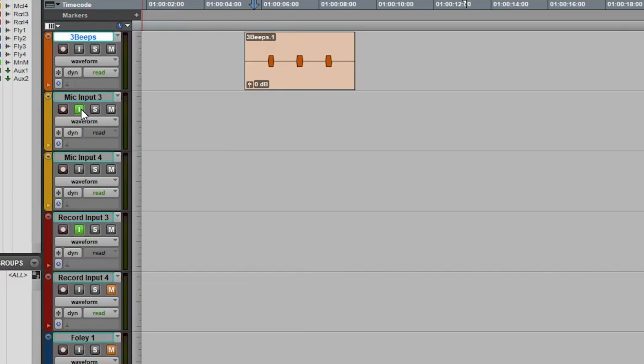Ensure the inputs, the eye icon here on the track for mic input 3, is green. If not, click the eye icon on the track. This will enable the microphone to be heard through Pro Tools. If you're using two microphones, input 3 and 4, ensure that the eye icon is green for mic input 4